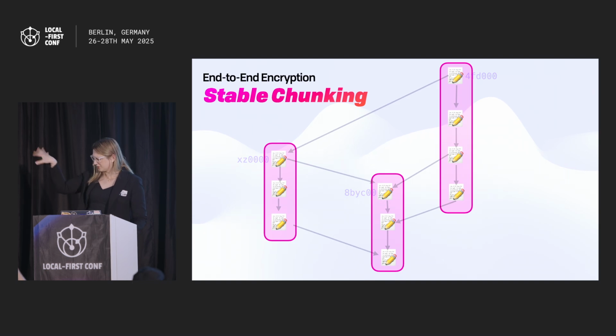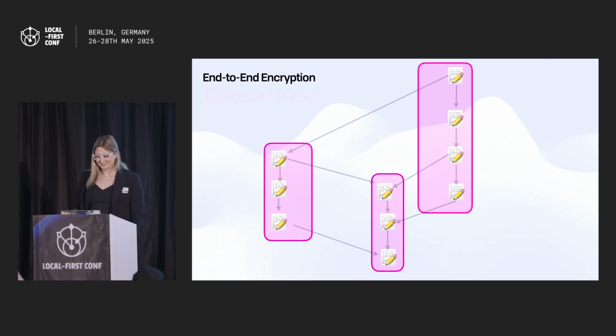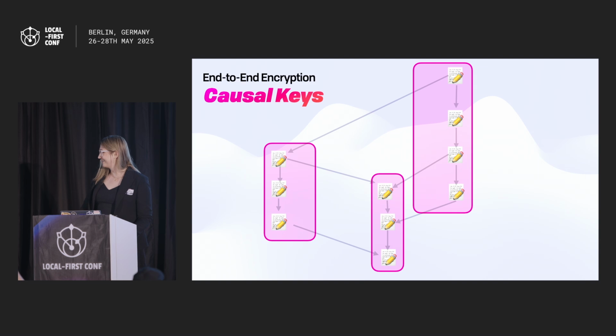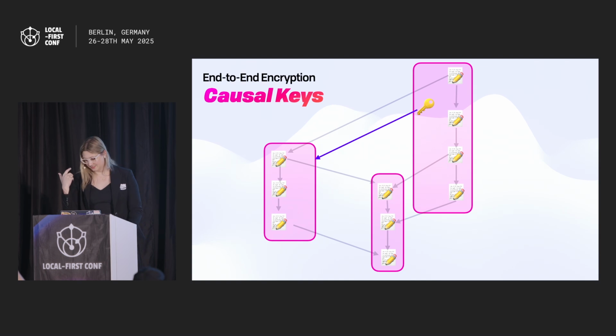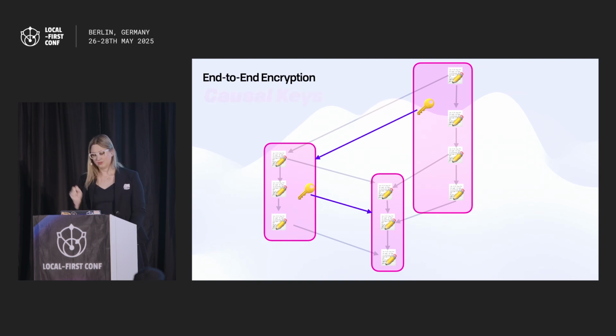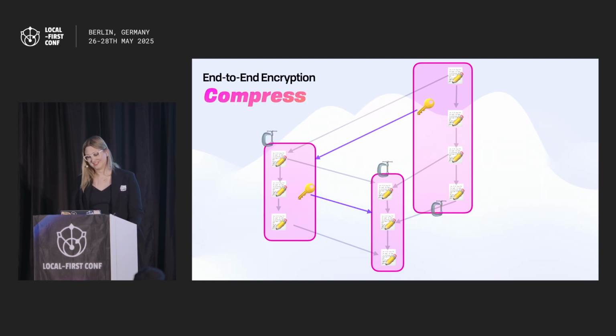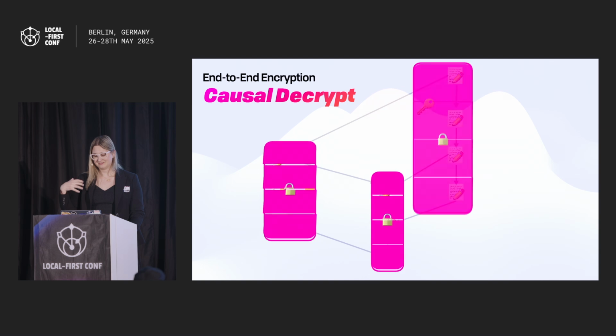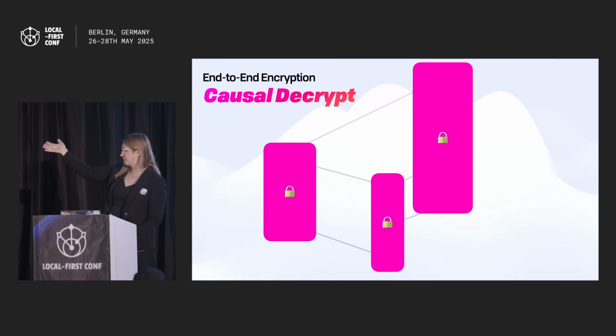And just cleaning up for complexity here, we include the key for each predecessor in the graph. So all of its ancestors, its history, like so. Then we take that entire thing, including the key, we compress that all together and encrypt it. So now I have 3 encrypted chunks,